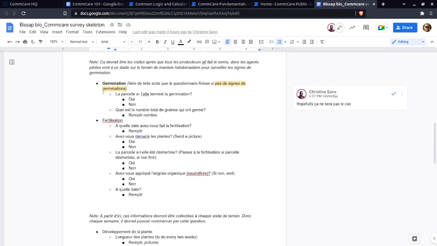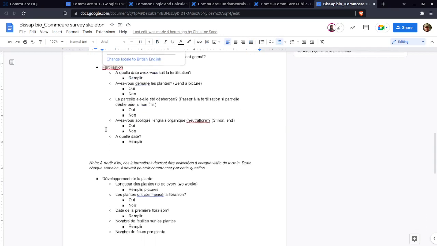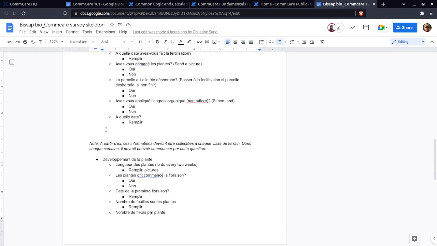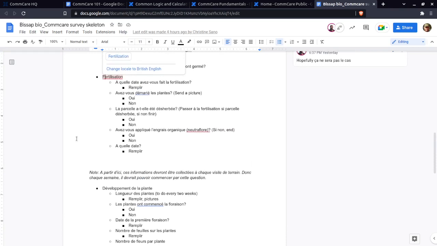But the questions will be slightly different each time, depending on what the situation is, right? So you have germination. Once the germination happens, you probably don't want this to keep happening anymore. You probably don't want them to keep having to put in if the plant germinated or not. You want it to just skip to the next section, right? Exactly. I would say starting from here, développement de la plante, then from that part, it's